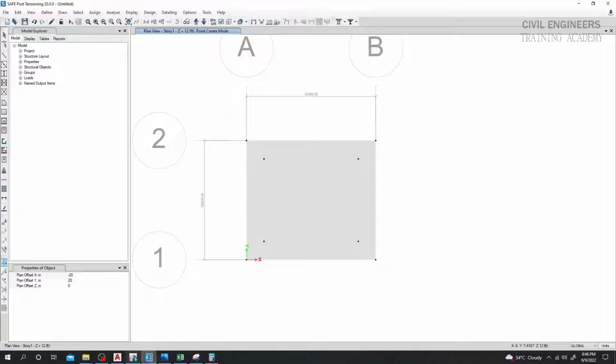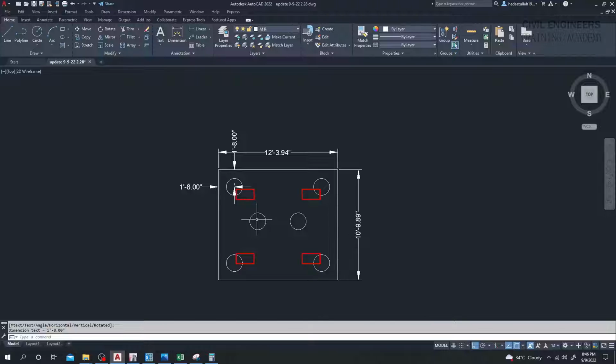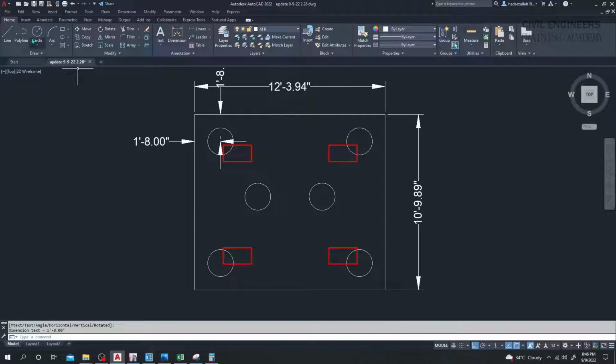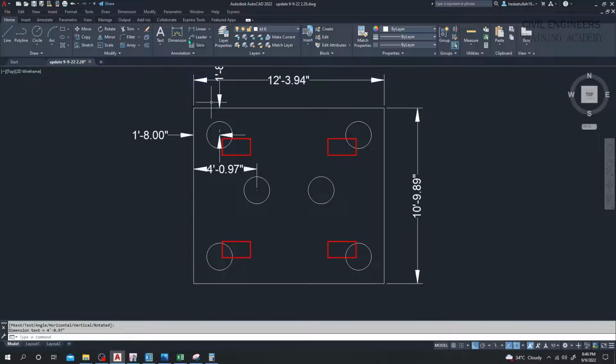Now we'll find our other 2 points. So here is our other 2 points. Simply I'll take linear from that center to that distance, 4 feet and 0.97, and here 5 feet and 9.14, then 48.97 in that direction, 48.97. Okay,